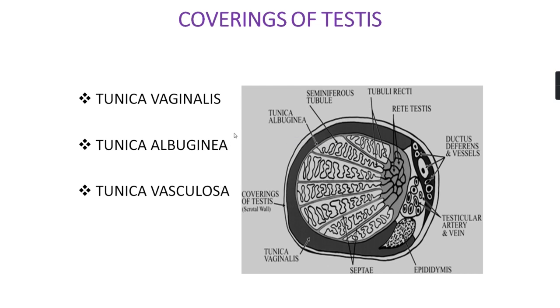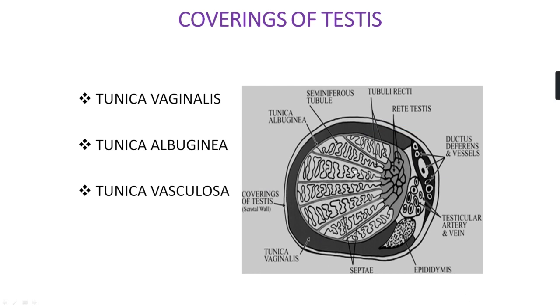See, the tunica vaginalis represents the lower part of the persistent portion of the processus vaginalis. It is invaginated by the testis from behind. So it has this parietal layer, you can see the parietal layer, and this visceral layer of tunica vaginalis. So it covers the testis in whole extent except on the posterior aspect.